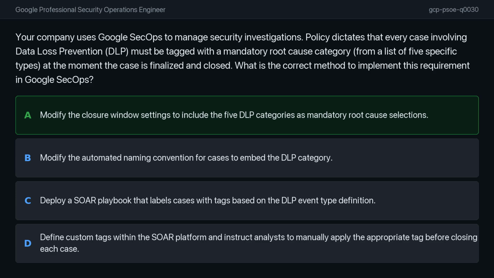Modifying the closure window settings allows administrators to include the 5 DLP categories as mandatory fields. This ensures that analysts are effectively forced to categorize the incident accurately before they can finalize and close the case. This approach provides the best guarantee of data consistency for reporting purposes, as it makes the categorization a non-negotiable step